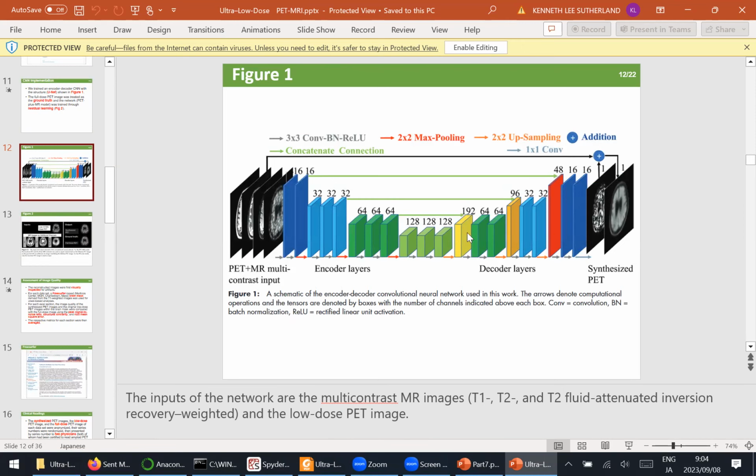It's more complicated than the one that we saw, but basically the same idea: take a low res image and produce a high res or denoised one. It's actually a denoising. So this is with a PET, but